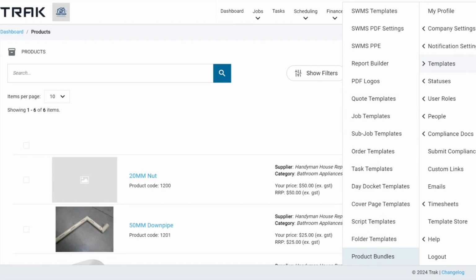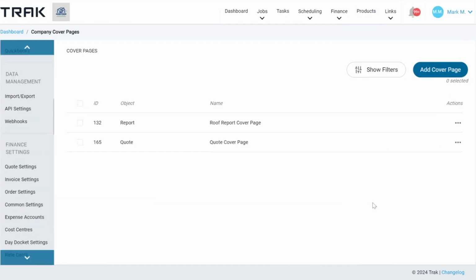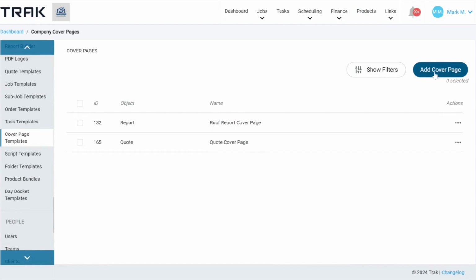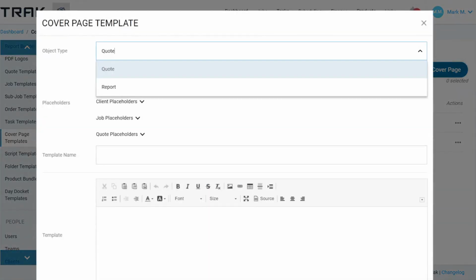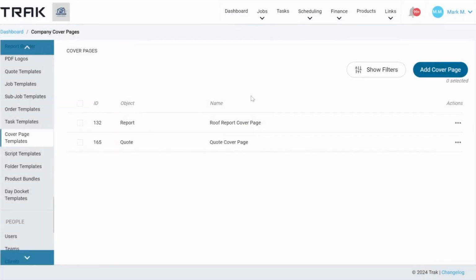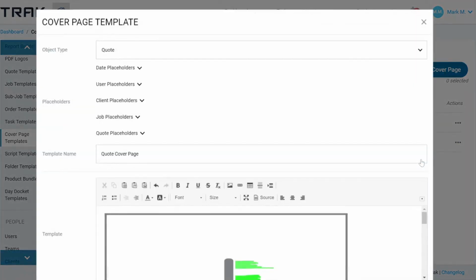The last part here, if you want to take your quote to that next level, is the ability to add a cover page to that quote. Now, in the Trak account, you can add cover pages. Cover pages can be managed on quoting or reporting. So this means that if you create a nice quote, you can then create a nice cover page in here